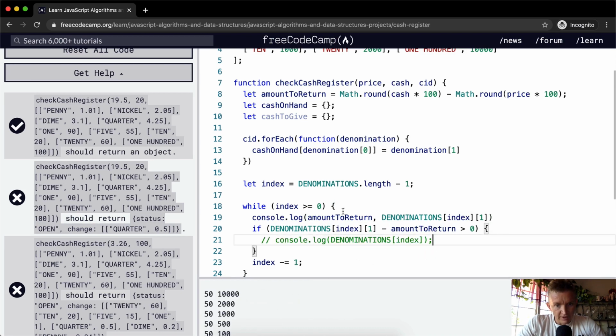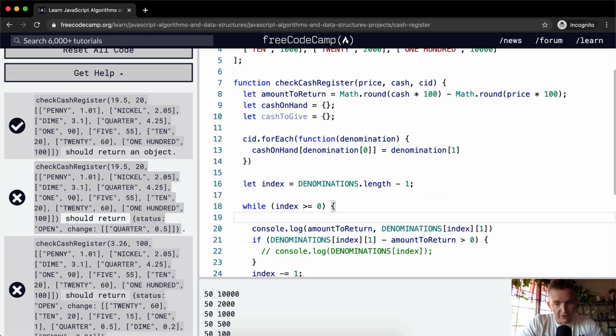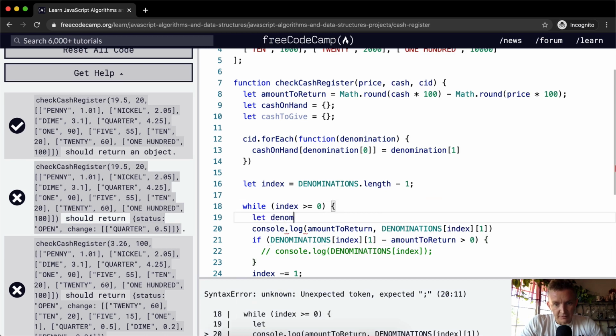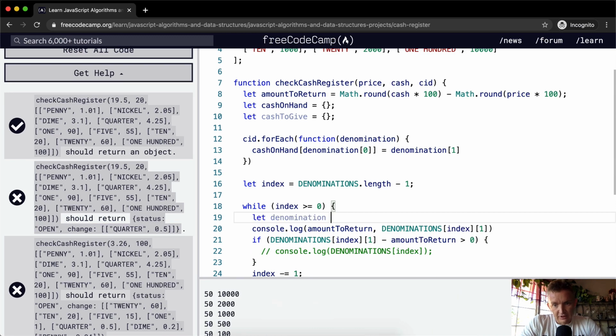Okay, so yeah, amount to return minus denominations. So I'm actually going to make a variable here. I'm going to say let denomination equal the denominations at position index. And so now I don't have to keep writing denominations index each time. And so I can just write this one out to be denomination